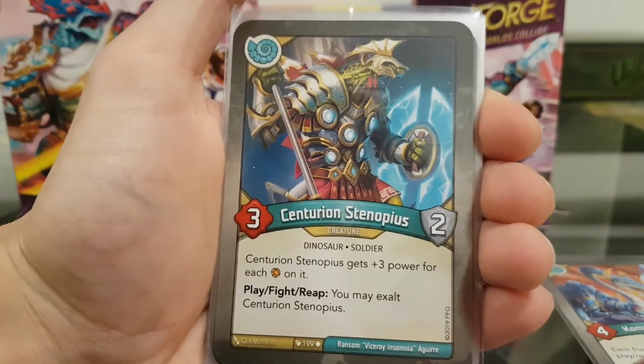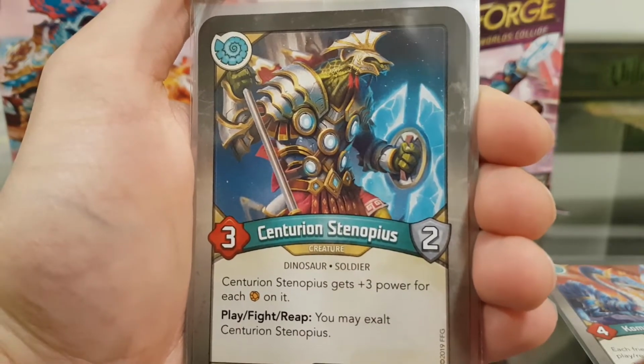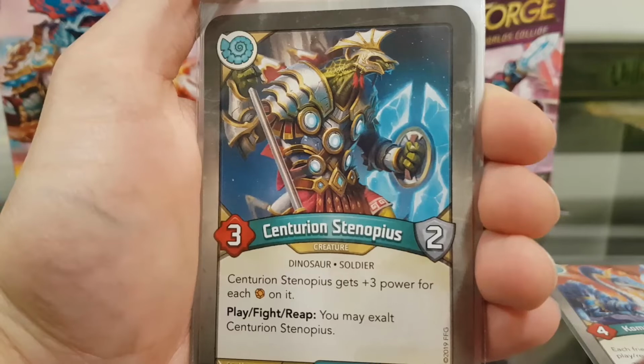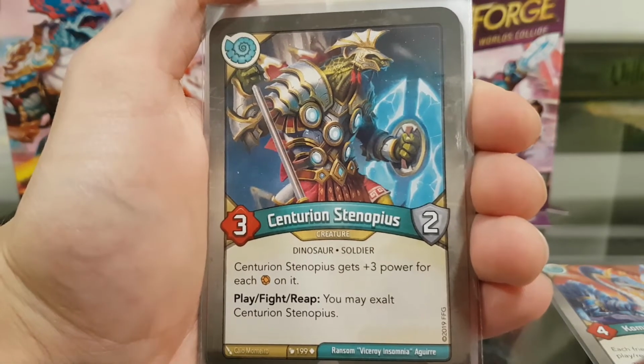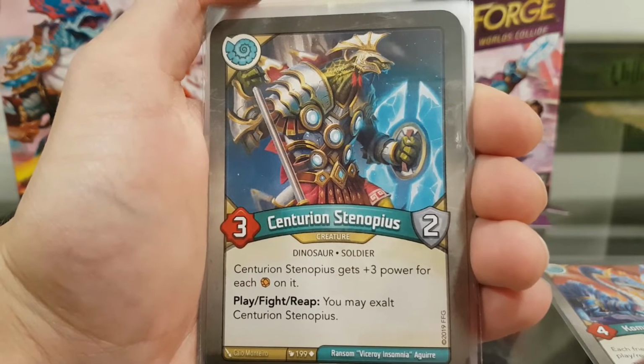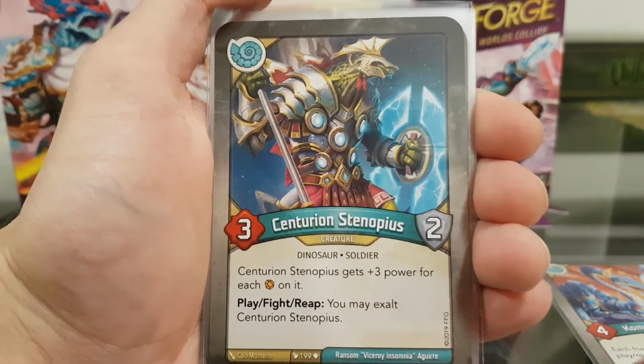Now we got some uncommon guy. This guy's super awesome. Look at that armor and his shield. Oh my gosh, reminded me of Halo a little bit. Centurion Steniopius. 3 power, 2 armor. The armor's really nice. Dinosaur Soldier. Centurion Steniopius